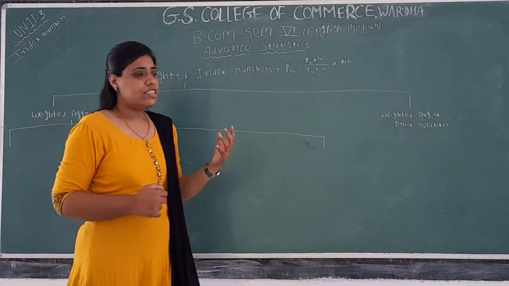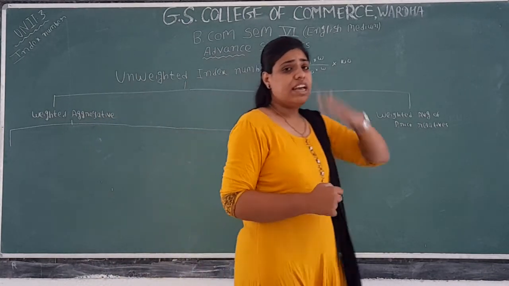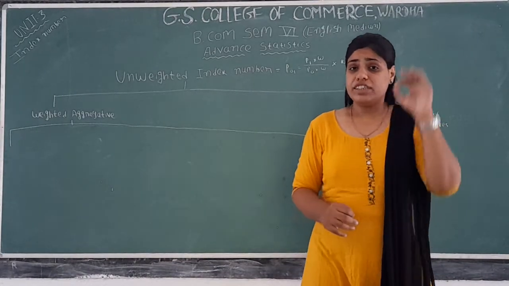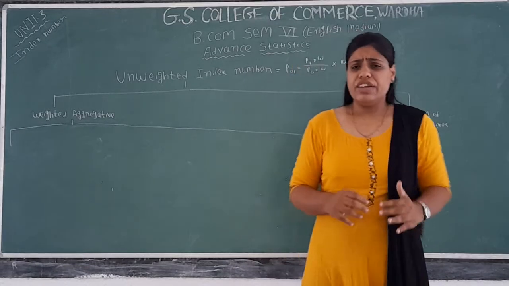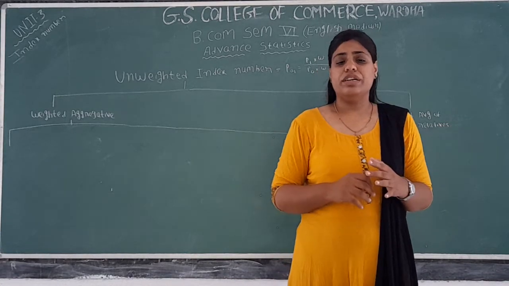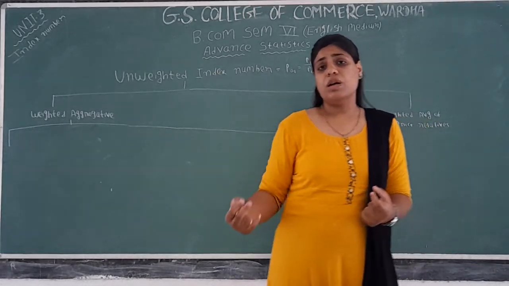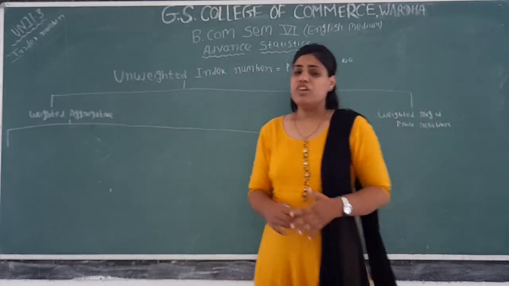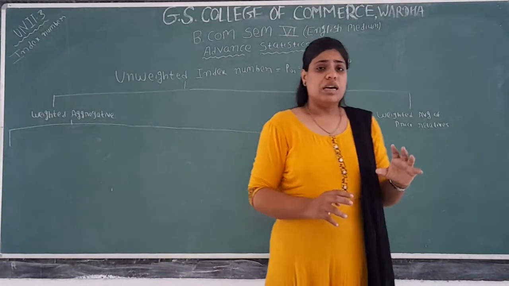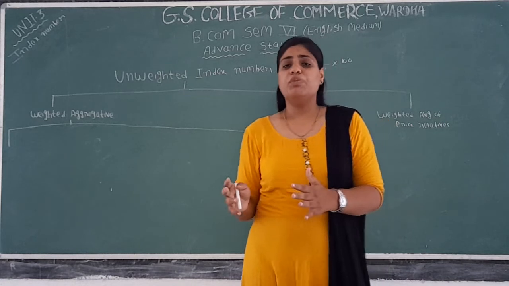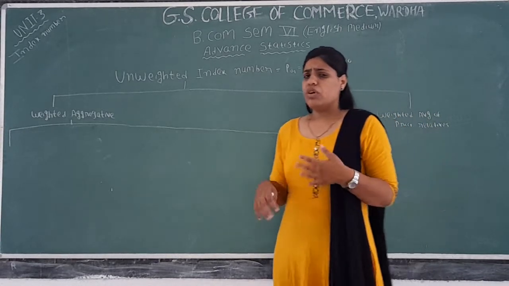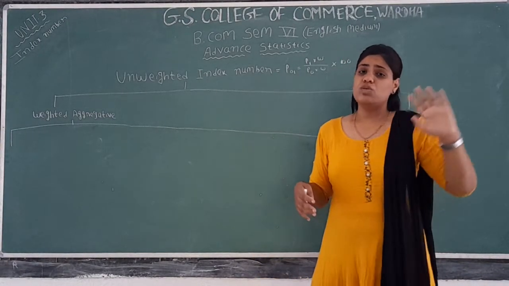So unweighted index number is the index number whereby each and every component of a data is given equal importance. But in real life and actual phenomena, what happens? Each and every component is not equally important. Different components are having different importance. Some component may be more important, some component may be less important. Take the example of grocery shop. There are different commodities in a grocery shop. It might happen that some commodity might be more important from the profit point of view for the seller, and some commodity might be less important. But in unweighted index number, we used to give equal importance to all the commodities.